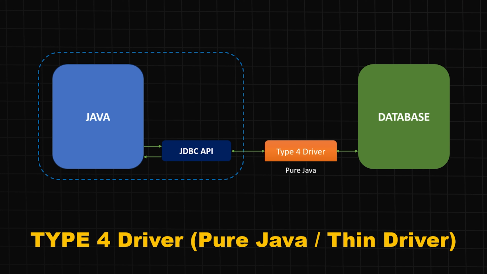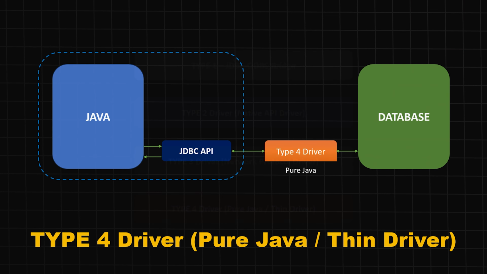It solves almost all the problems. At first, it removes the platform dependency. It removes the native installation. It boosted the performance. Cloud deployment is possible. Moreover, it provides security and scalability. Now, in the current scenario, it has become very popular. Almost all types of applications, whether it is an Android application, web application, or desktop application, use the JDBC type 4 driver that is written in pure Java.